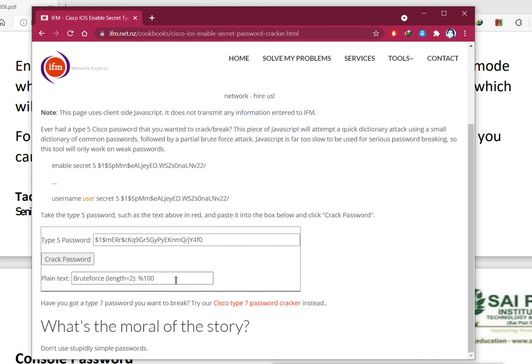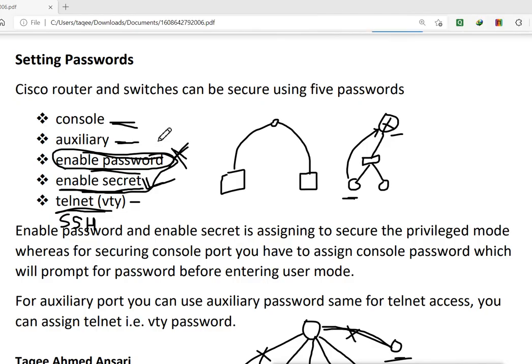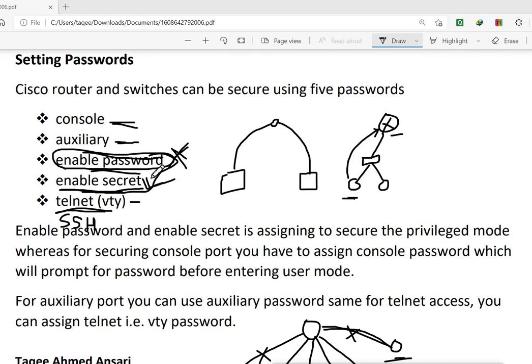But if you use a complex password of more than 8 characters, then you can just keep it like this for 300 years and it will still not be cracked. So these are the password settings we have to secure our router access, so that nobody can access our router.